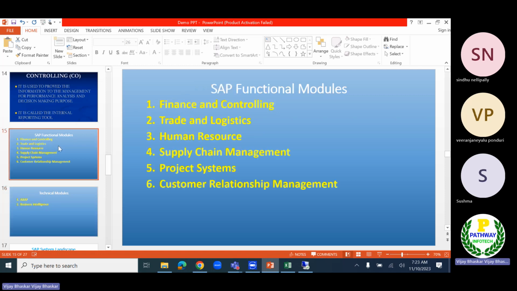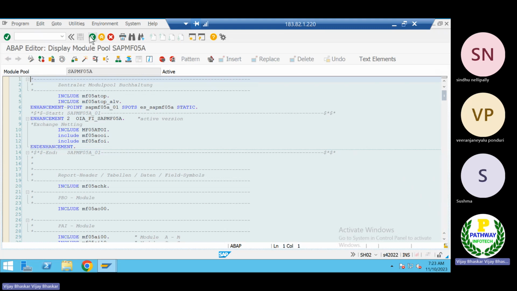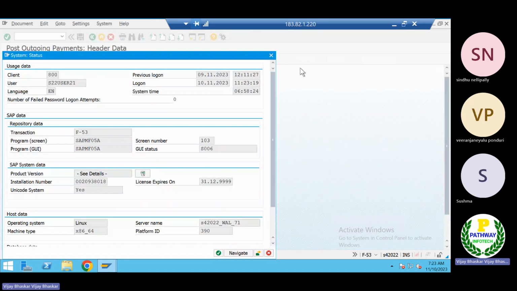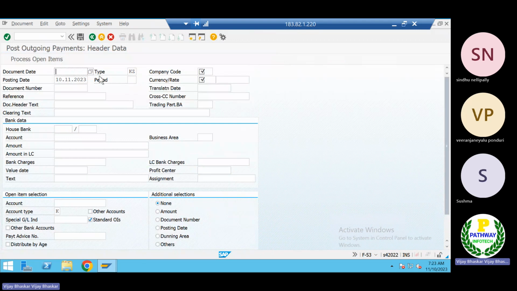So the functional people are the ones who enter the information. Now let's say I want to make a payment to the vendor. In order to make the payment, what information is required? I would require a document date, posting date, company code, currency in which I am doing the payment, from which house bank we are making the payment, and the amount and to whom we are making the payment. This information would be sufficient.